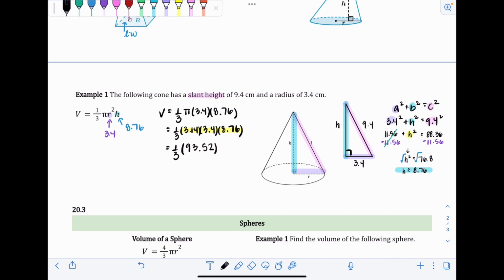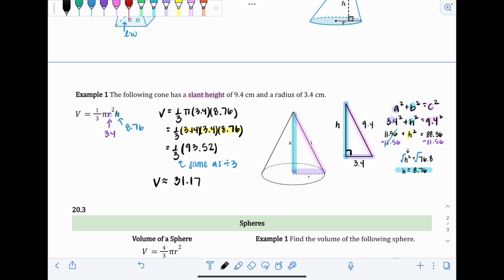And then now I can take the 93.52 and multiply it by 1/3. But like I said, multiplying by 1/3 is the same as dividing by 3, if that makes it easier to put in a calculator. So same as dividing by 3. So we'll do 93.52 divided by 3. So then we end up with the volume is approximately 93.52 divided by 3 is about